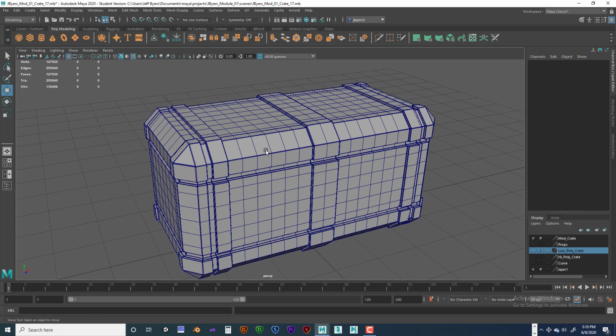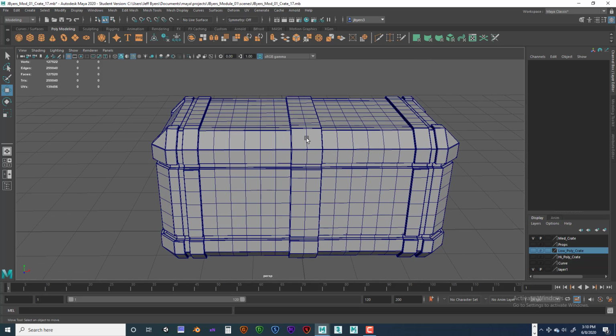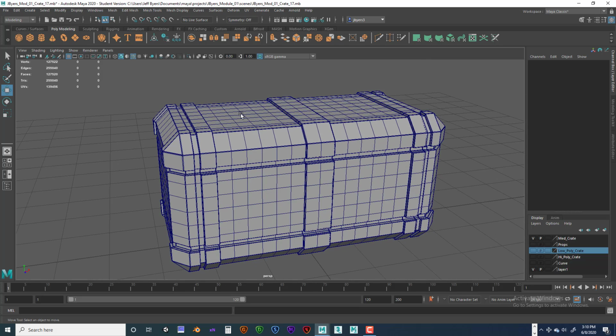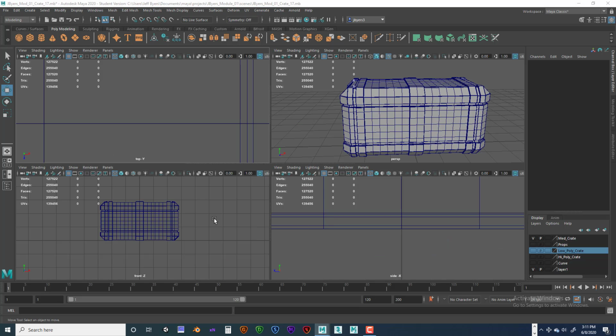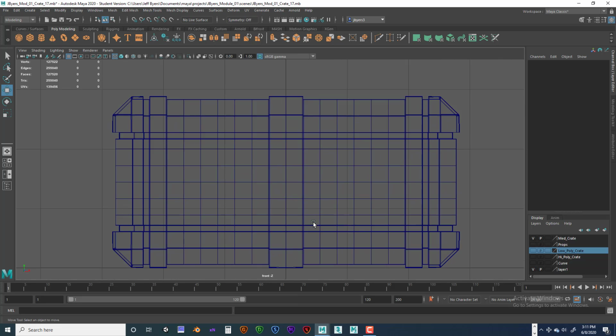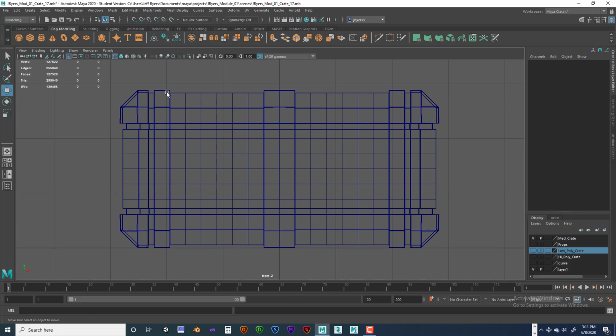So let's say I want to have a crate, but I don't want these middle bracing bars. Let's say we just need a middle one. We want the two outside ones out, okay? That's easy to do. So what we can do is go into this model,